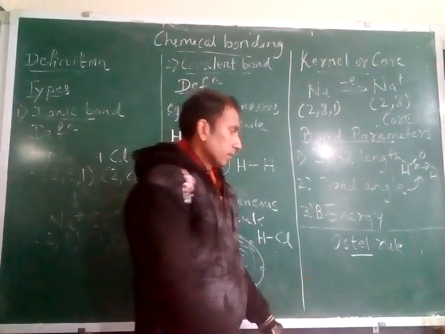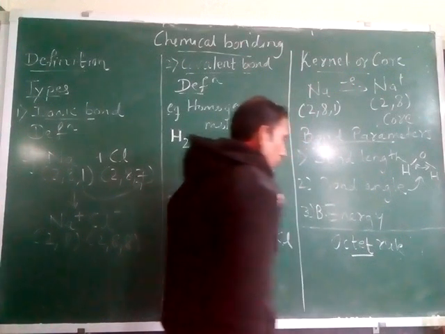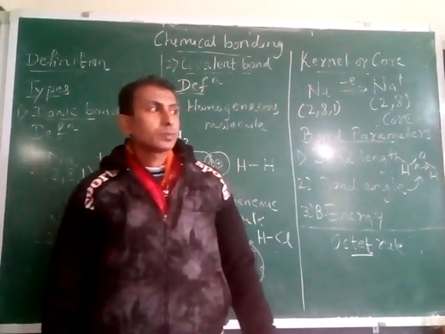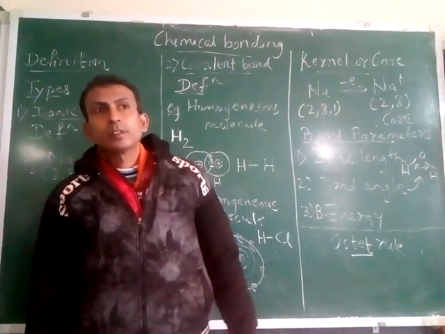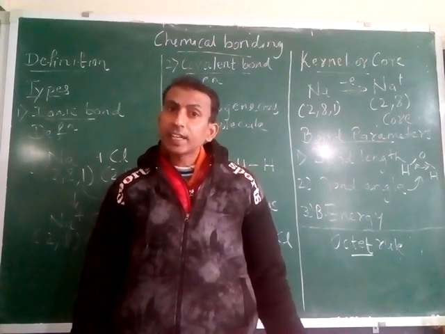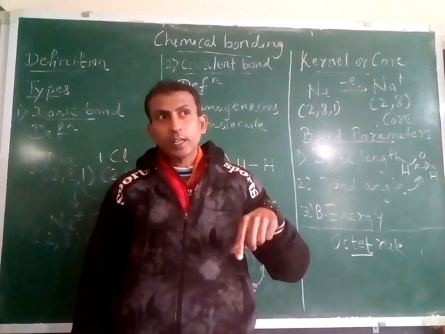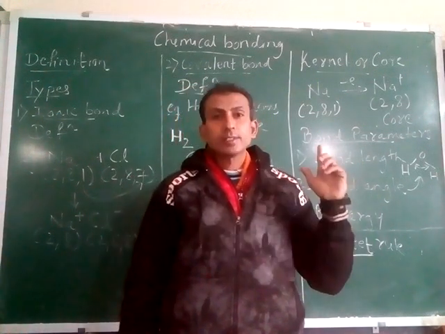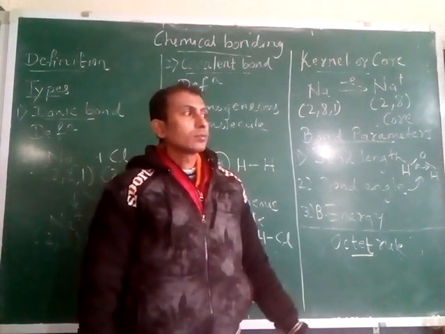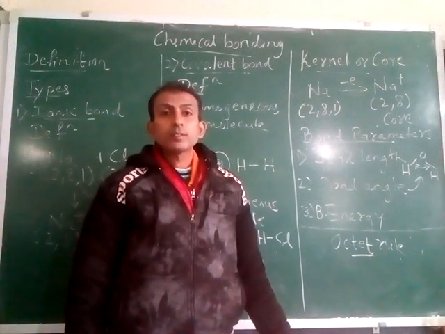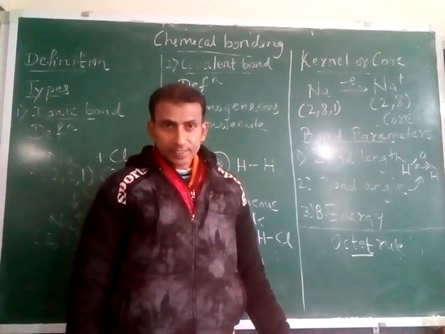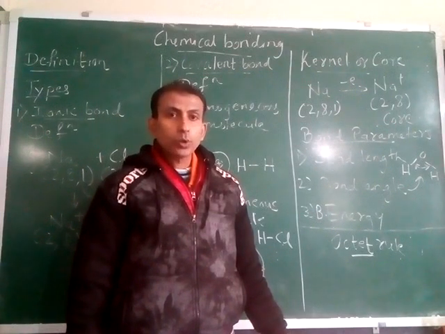And then lastly, the octet rule. Already again you have studied in the lower standard. So what is the octet rule? During the covalent bond formation, atoms present in the molecule can gain electron or donate electron or share electrons, है ना, to acquire the stable electronic configuration like the inert gases. Okay, so that rule is called as octet rule.